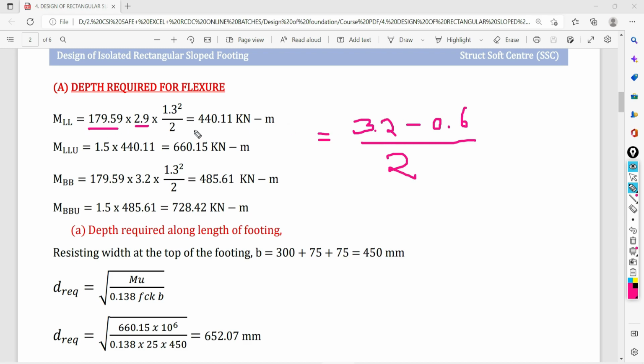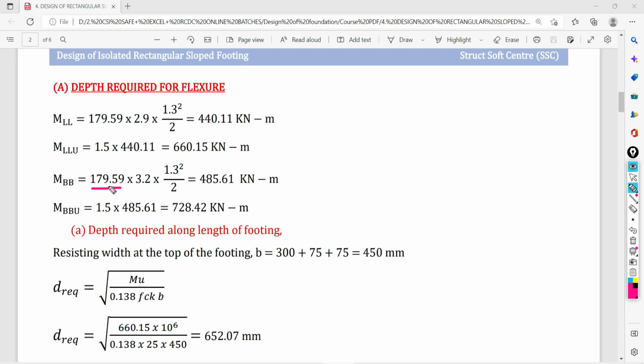Put all the values and do the calculation. You will get the moment along the length of the foundation as 440.11 kilonewton meter. We have to apply the factor of 1.5 over this. You will get the ultimate moment along the length of the foundation as 660.15 kilonewton meter. Same you have to do for the width direction, along the width of the footing, upward soil